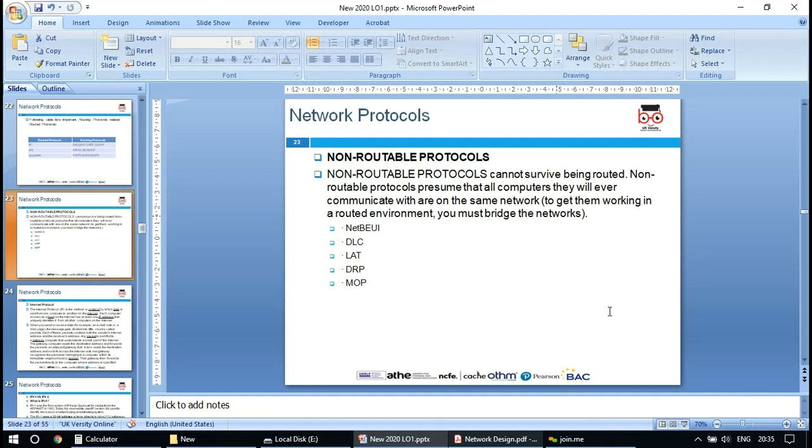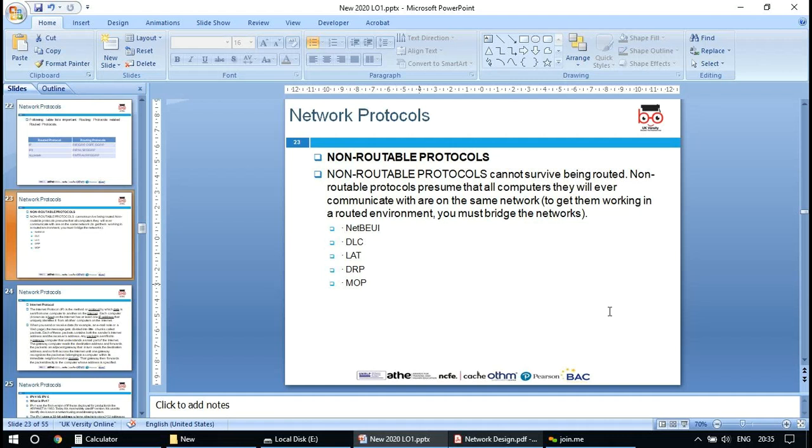So if you have only one network, then you are not using a routable as well as routed protocol. Make sense? Yes. So NetBEUI, DLC, LAT, DRP, MOP, these were the